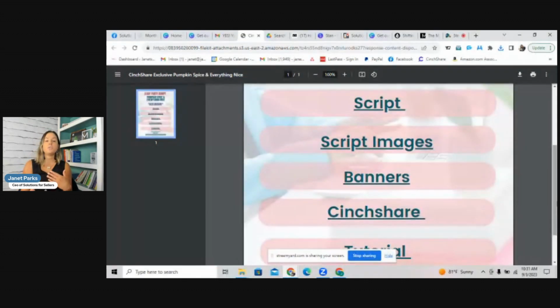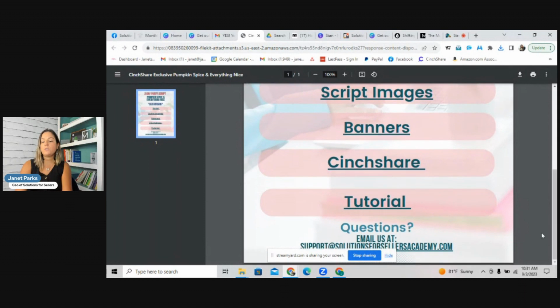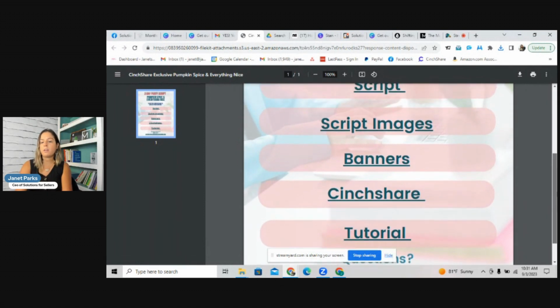Okay. So here's a couple of links that you're going to be looking at. And for CinchShare users, I would advise you to go through these steps as well. So again, you can have access to the instructions. You can have access to the video tutorial. There's another one in there. It's of an older party script, but it's still the same steps, but it's for CinchShare users. So you can click on that tutorial link here at the very bottom. And of course, if you have questions, there's our email there at the very bottom.